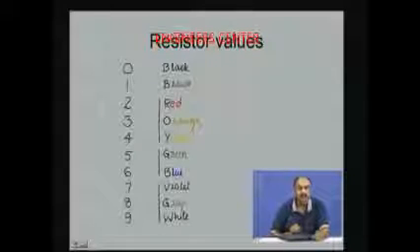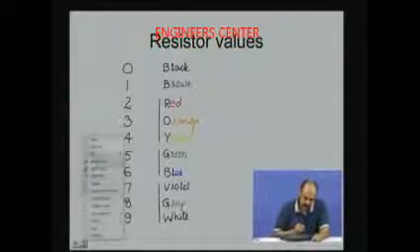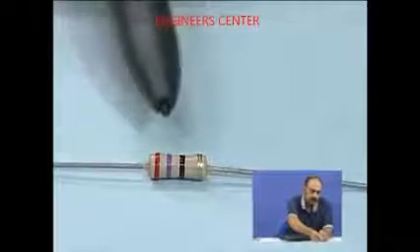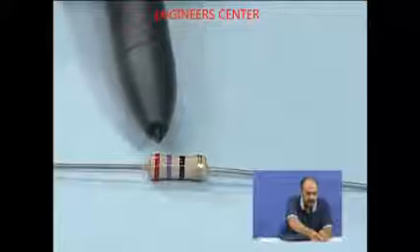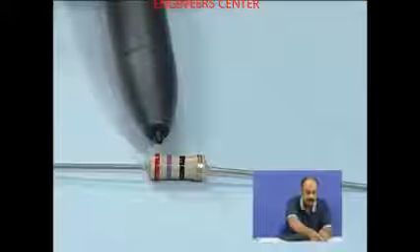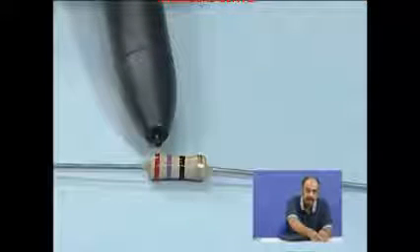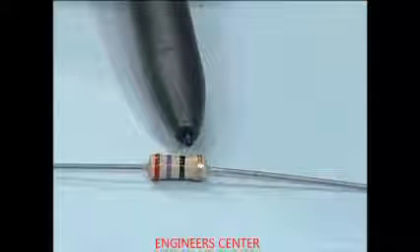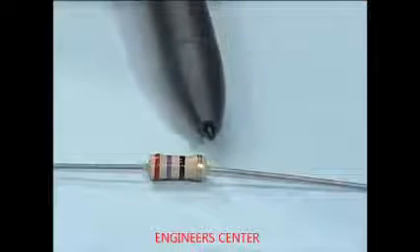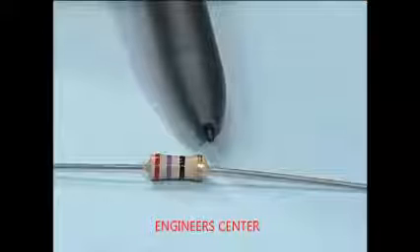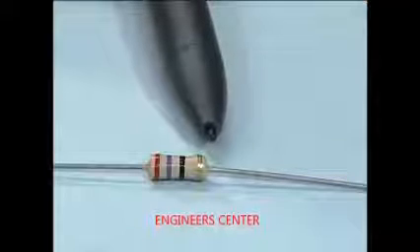So, how do we read the colors in the color code? Now, look at this resistor here. It is starting with the red color as its leftmost color band. Then you have the violet color band, followed by the black color band. And there is a fourth color band here, at the right extreme, and that color band represents the tolerance, the variation of the resistance with temperature.